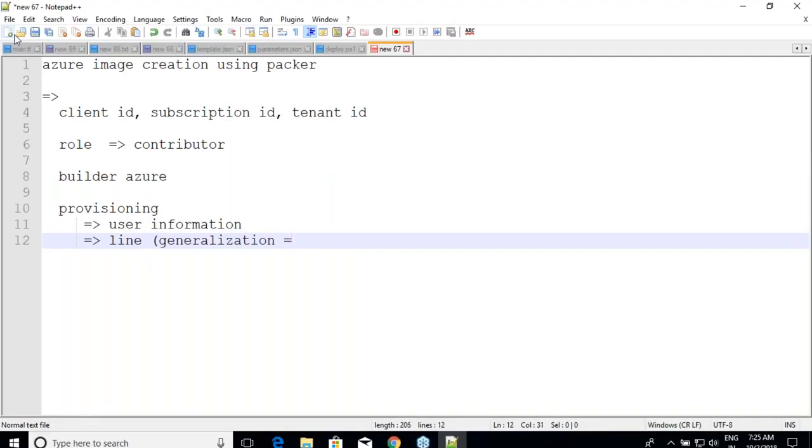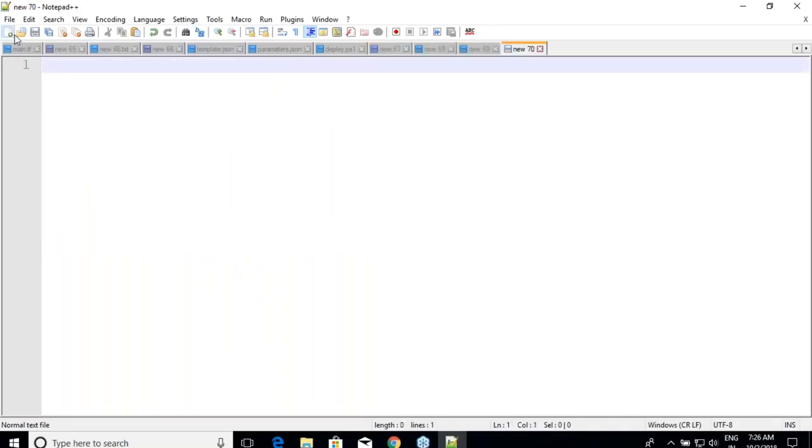This generalization I'm worried about for Linux machines, not really Windows images. We have something called waagent from Azure. This is a Linux agent which is present in every Linux machine of Azure. We have to take its help. This is one extra step which we need to do in the case of Azure.